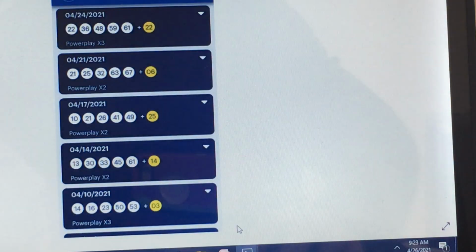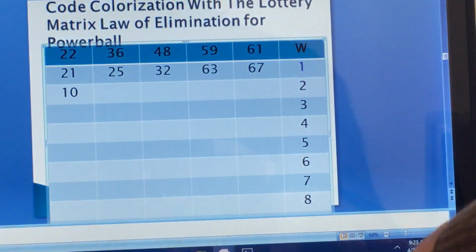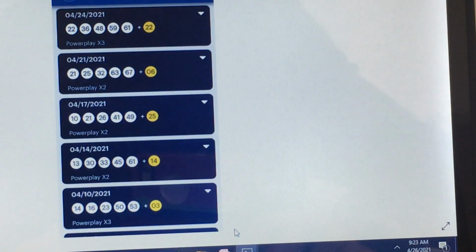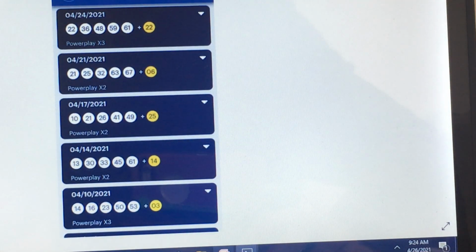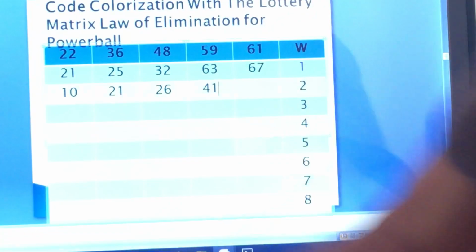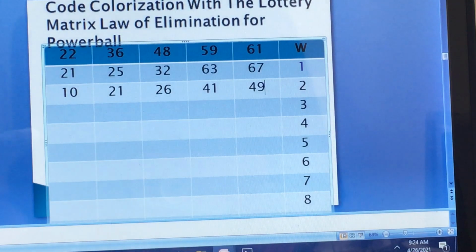Now let's see the color code. So we have 10, 21, 26, 41 and 49. So copy that down. 41 and 49. So for draw number 2, you can see none of these win numbers were also eliminated with the win number also. So that means